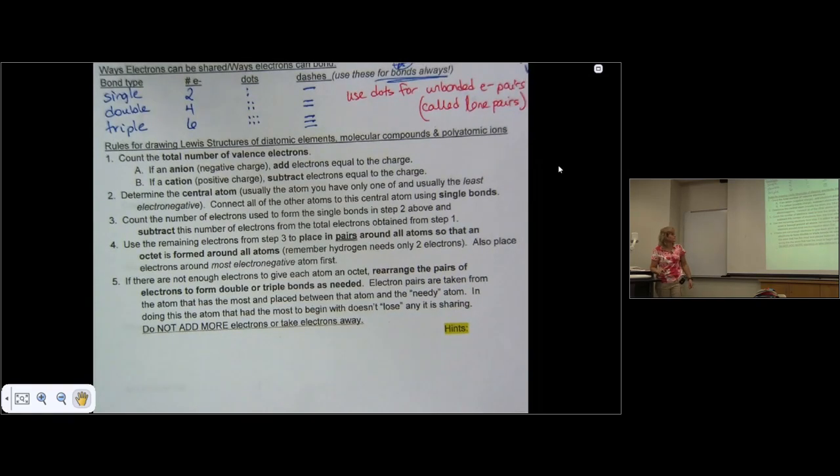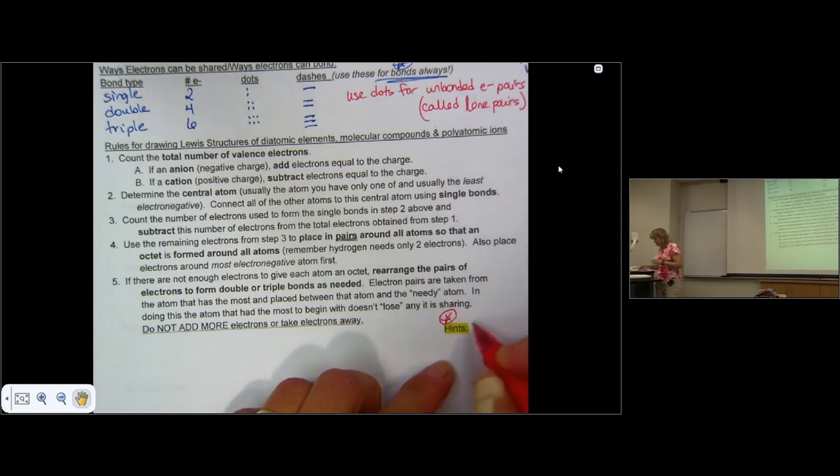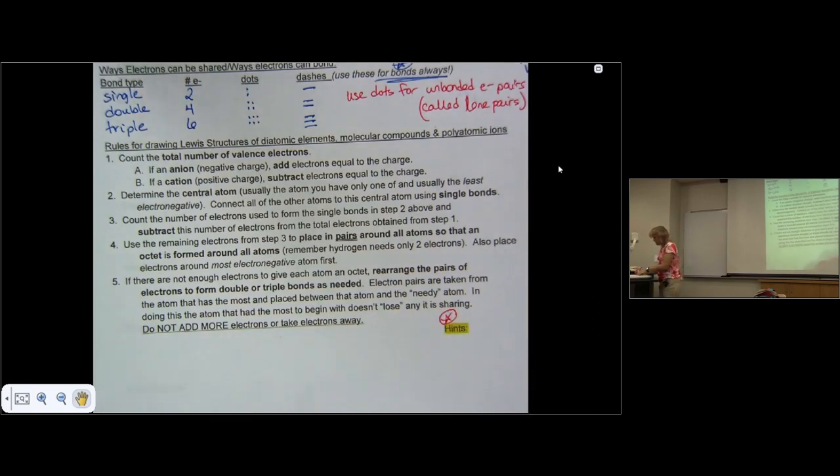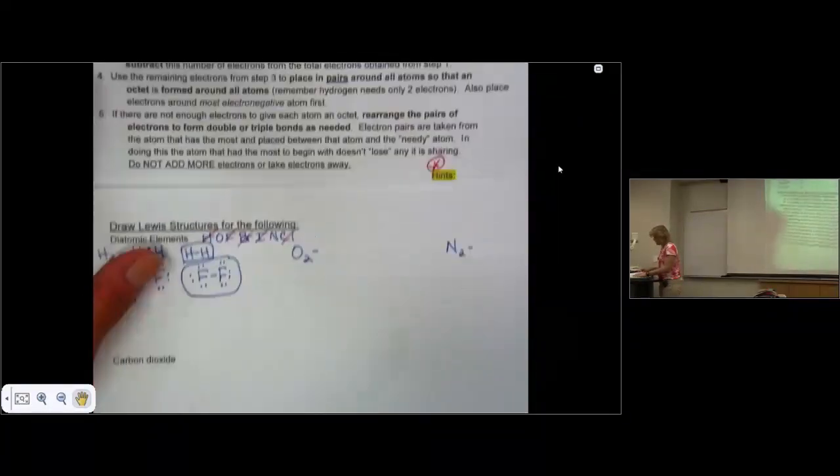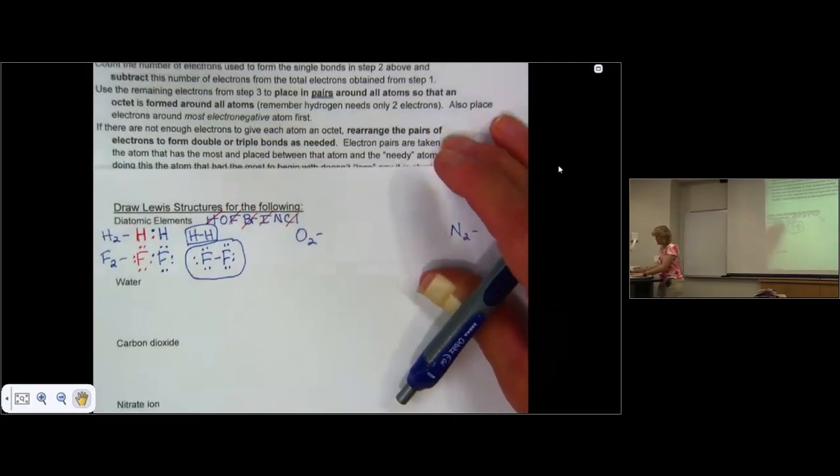Read the rules real quickly. Now let's follow the rules while we do